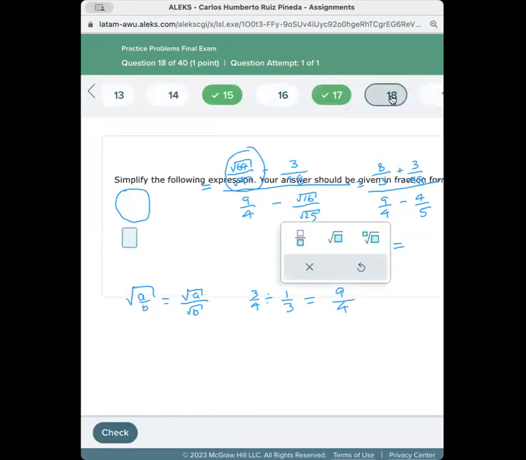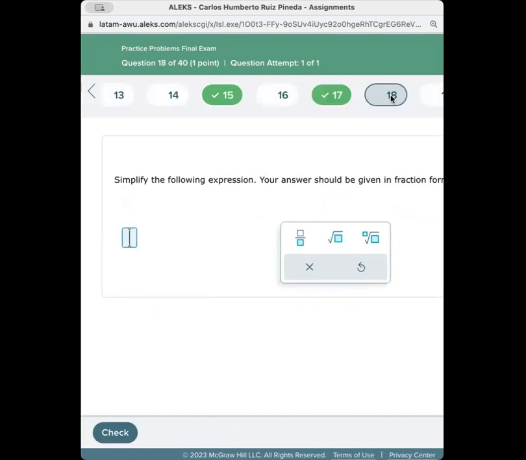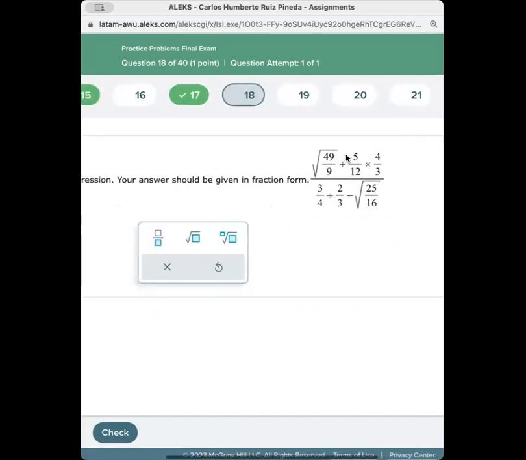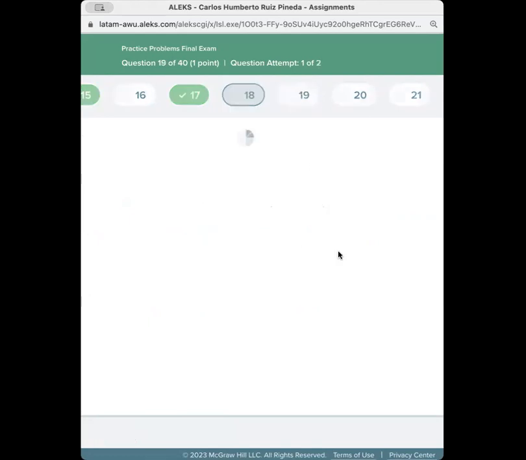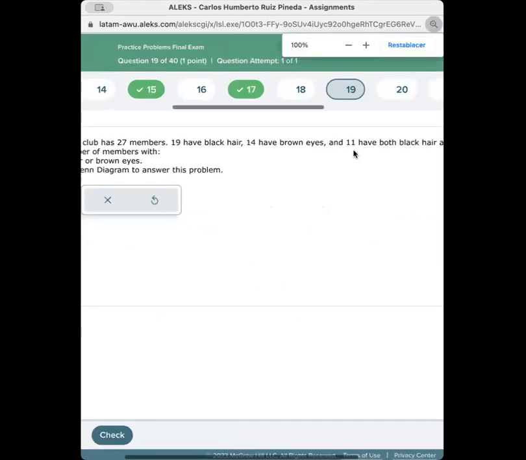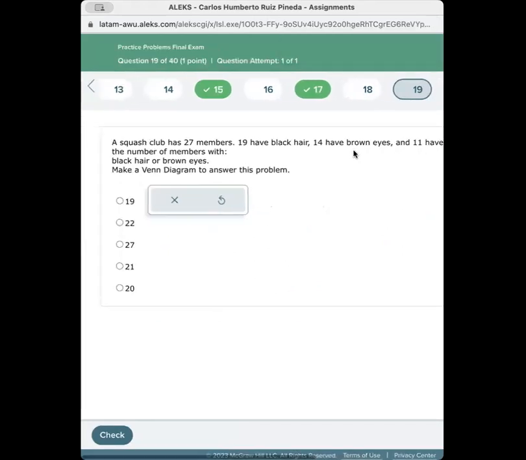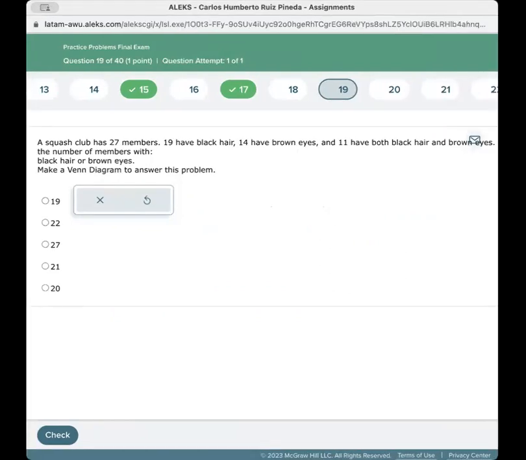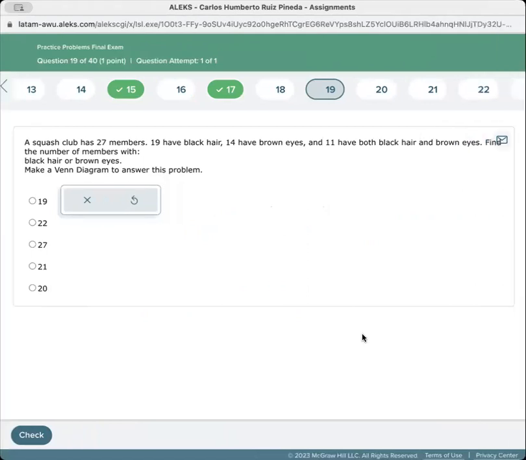We continue. This is done the same thing. This is done in the same way. So we can skip to 19. Okay. Let me make this bigger so that we can see it. A squash club has 27 members, 19 have black hair, 14